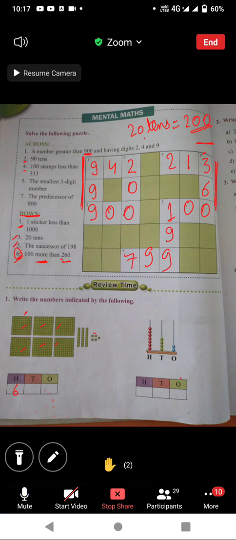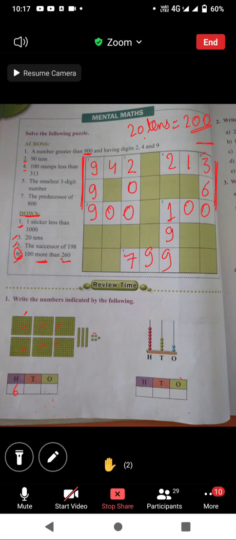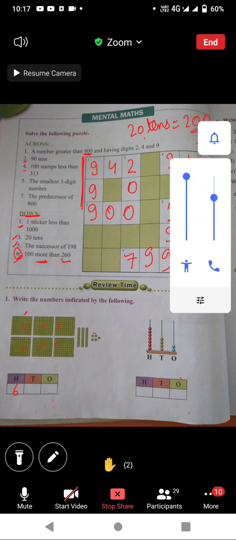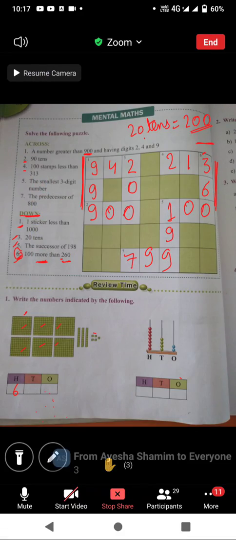Now tell me how many tens are there in this question number 6. Count the tens and tell me. Yes, student, how many tens are there? Very good, 3 tens are there only. Look, this one strip is a tens strip. So 110, 210, 3 tens. Okay, 3 tens are there. So we'll write 3 at the tens place only.